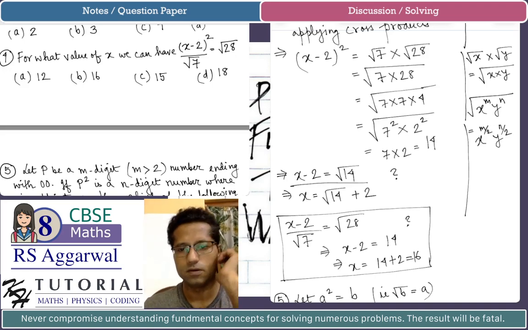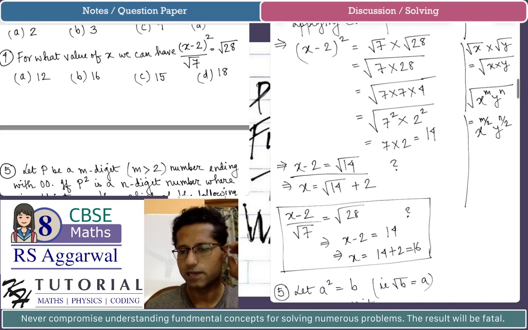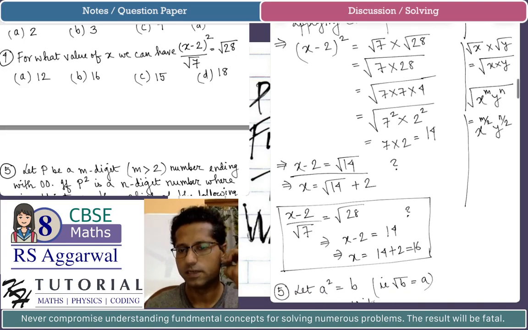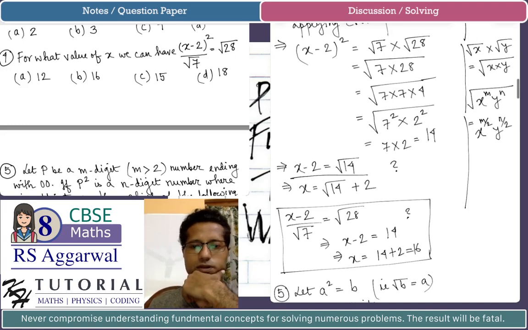Possibly, okay, so if this problem was x minus 2 divided by root 7 is equal to root 28, then we will get x as 16. In that case, the choice will be B. But as per the given equation, we are having x as square root 14 plus 2, and square root 14 will be a decimal number, because 14 is not a perfect square number. So this problem was a little